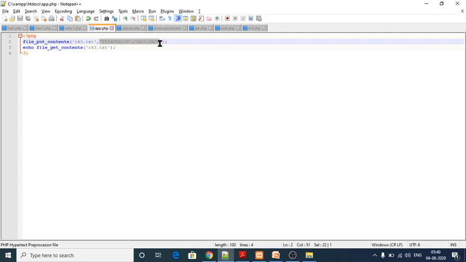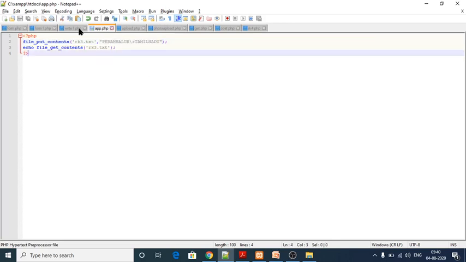That is not mandatory, that is optional, depending upon the user. You can give it or you can leave it empty. So next one is context. It is also optional. Specify the context of the file handle. Context is a set of options that can modify the behavior of a stream. So this is also optional.